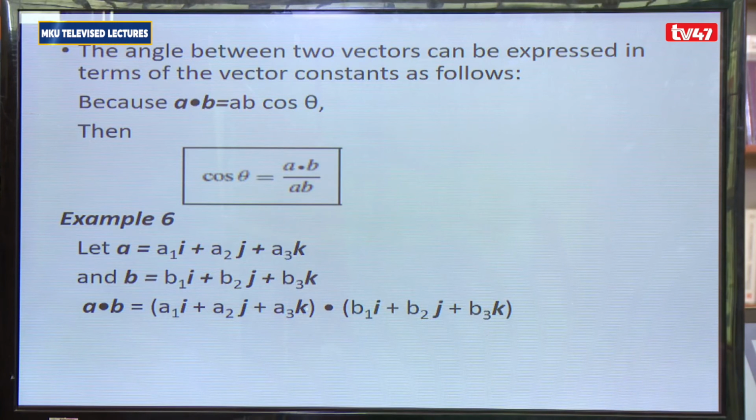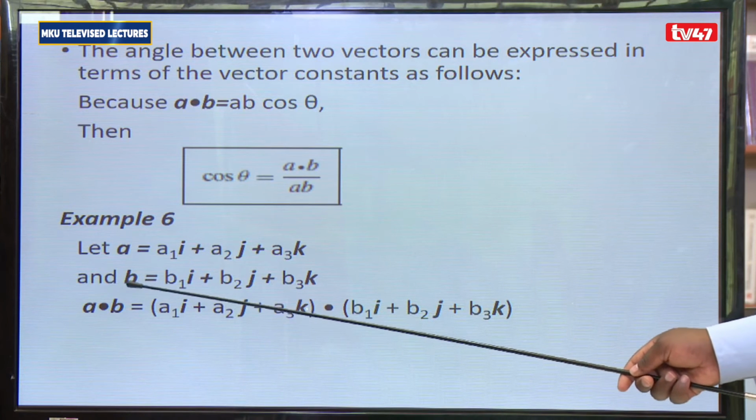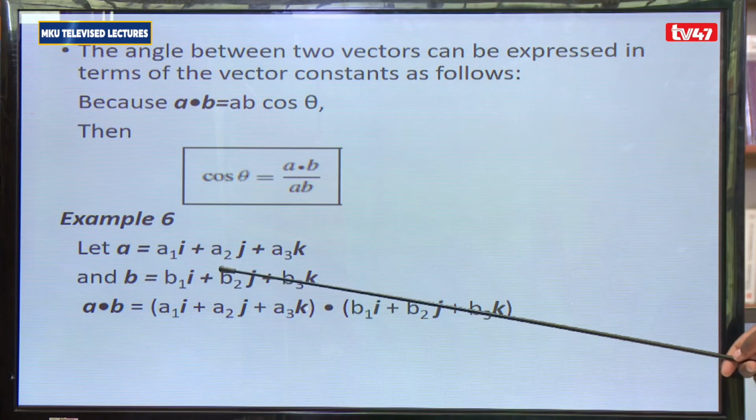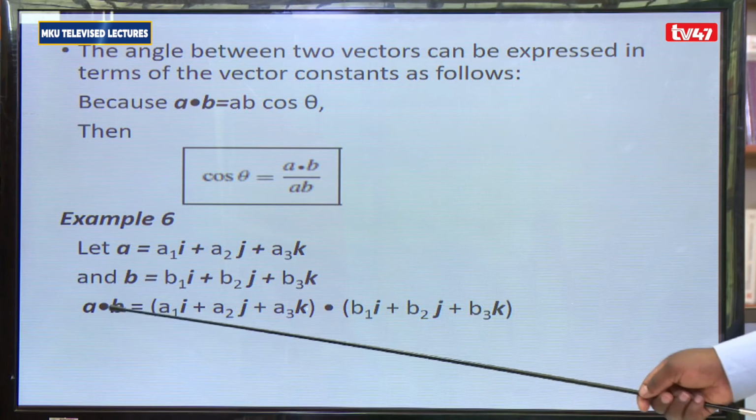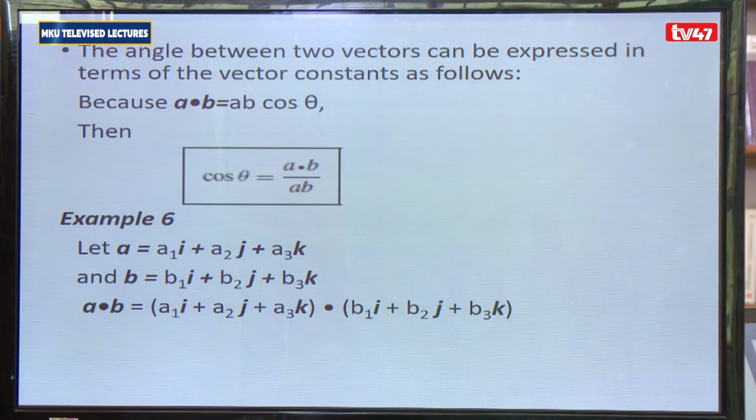Now, let's have an example here. Let A be given by A1 i plus A2 j plus A3 k, and B be given by B1 i plus B2 j plus B3 k. And then you are supposed to get A dot B, that is the dot product. Then to get that,